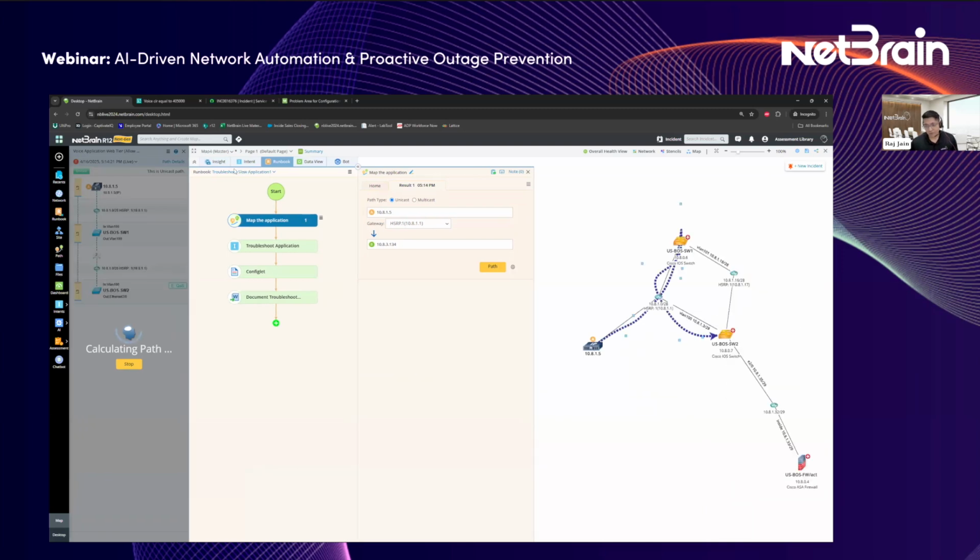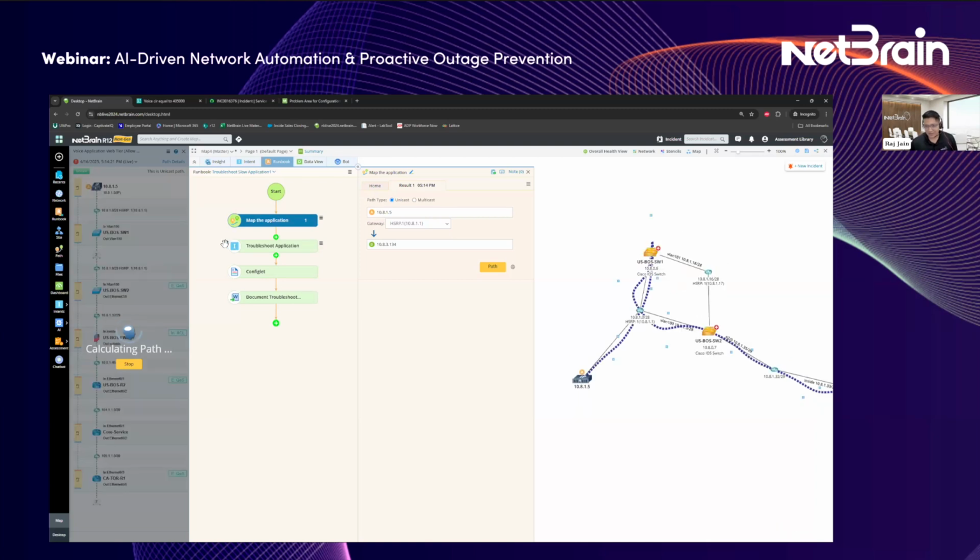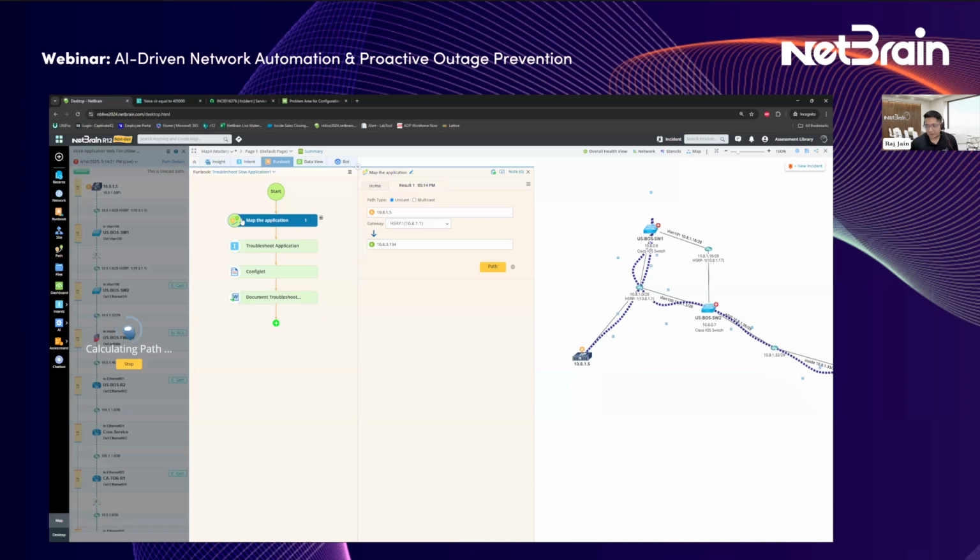As you can see, if you're familiar with NetBrain, if you're our customers, you know this is not a traceroute. We go from point A to point B. We get into each and every one of these devices on the way. NetBrain has a checklist of things it's looking for. So looking at the routing tables, the NATings, the ACLs, the VRFs, any policies, security groups, all of that across multiple vendors, across multiple technologies, and we're able to create that path for you between the 2 points.